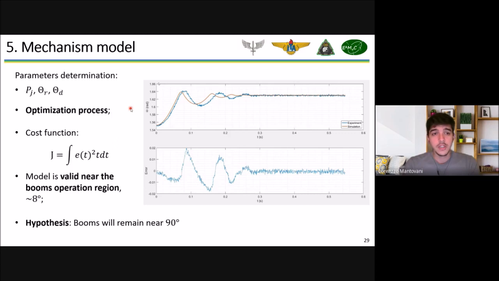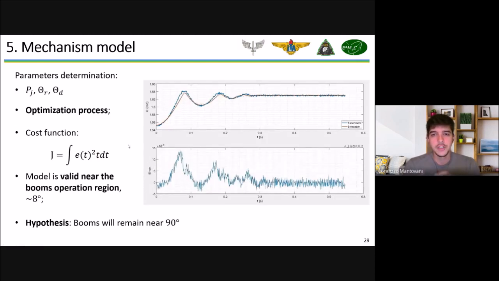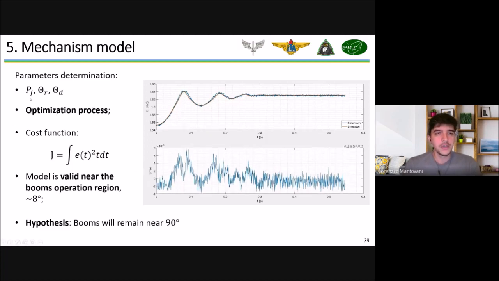And what you can do is use an optimization process to vary these p parameters so these curves should match each other. As a cost function, we use an integral of the absolute error times time. And this second part here, the time, is useful to also reduce undesired oscillations in the last part of the simulation. So this short video is basically the optimization function trying to match these two curves. And after some tries, we now know the p parameters that make these models converge.